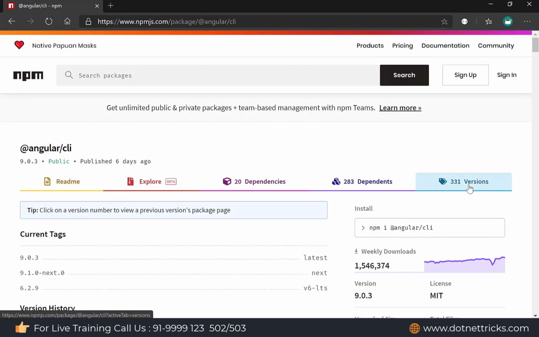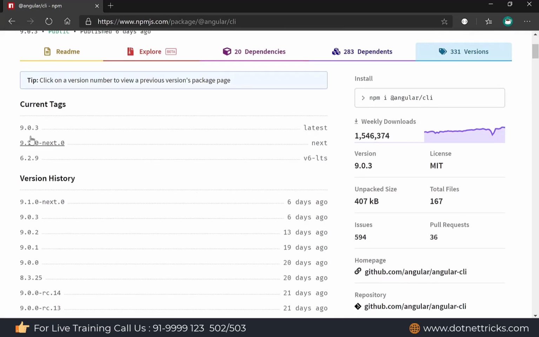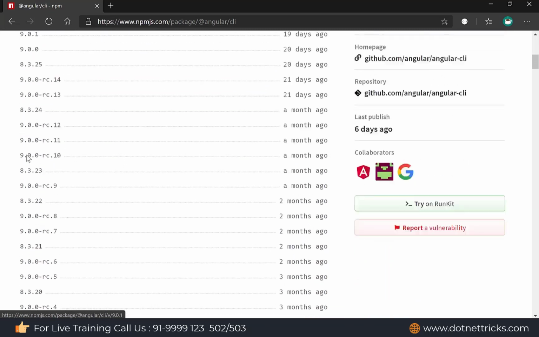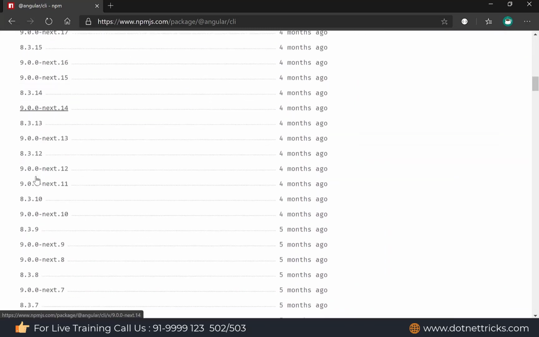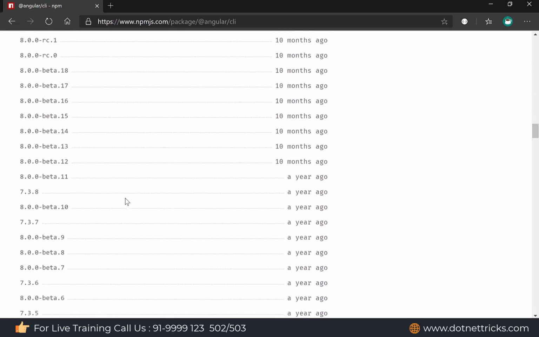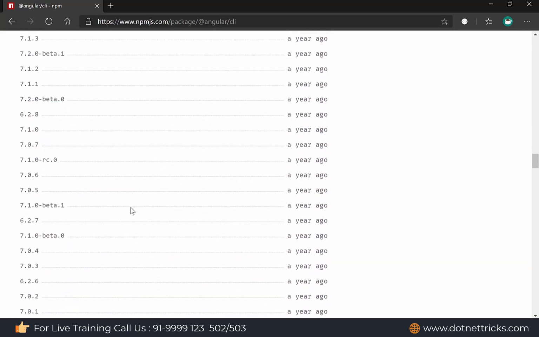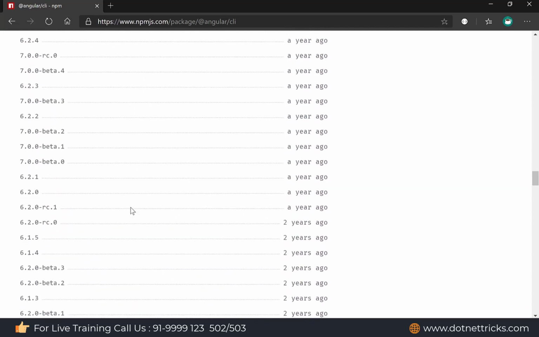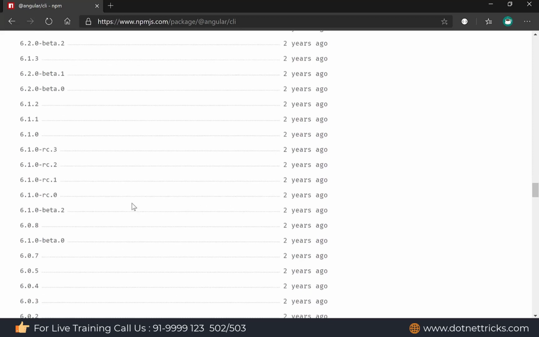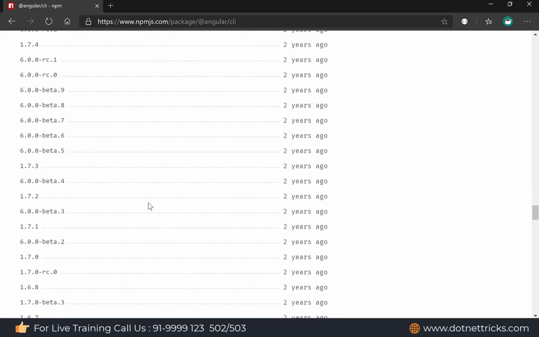There are 331 versions available here: Angular CLI 9, Angular CLI 8, Angular CLI 7. So starting from Angular 6, they started naming Angular CLI 6 for Angular 6, Angular CLI 7 for Angular 7, like this. But before Angular 6, the CLI was not like Angular CLI 5 or Angular CLI 4.